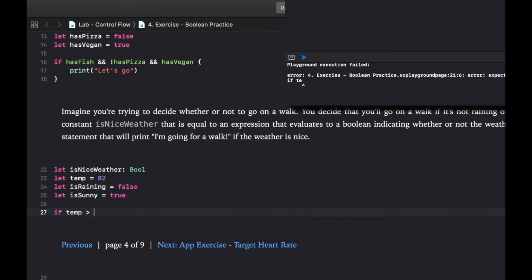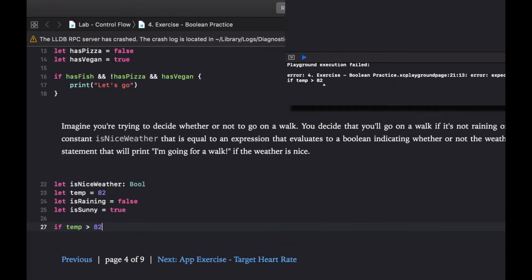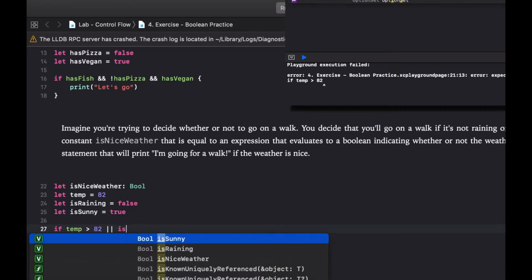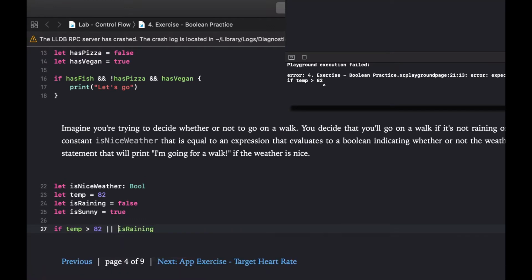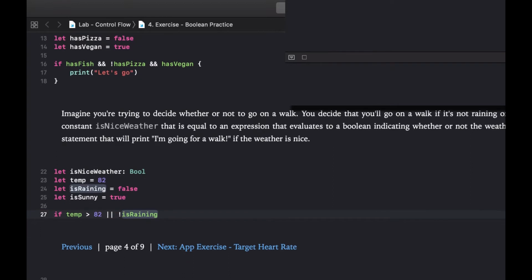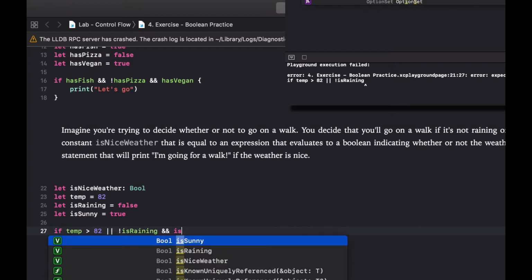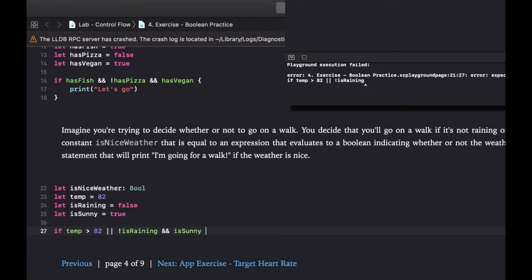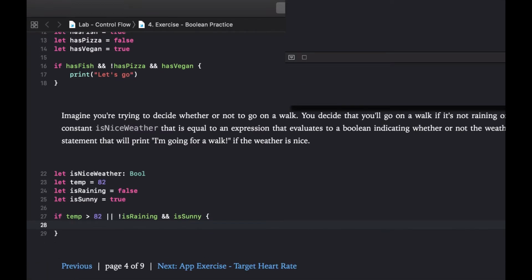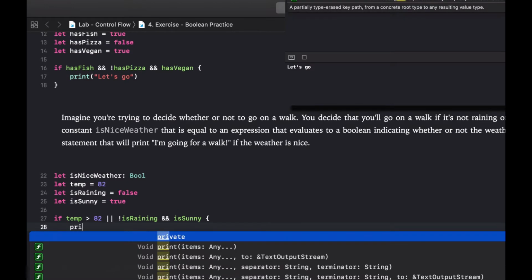If temperature is greater than 82 or is raining. But remember, we do not want it to be raining, so I got to negate this particular variable. Okay. And is sunny. And then I will print out